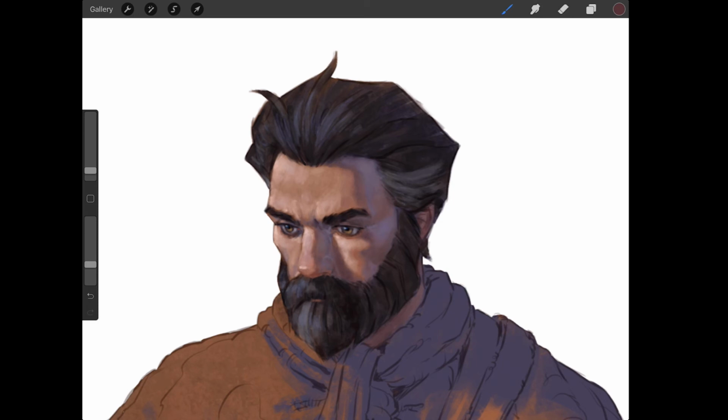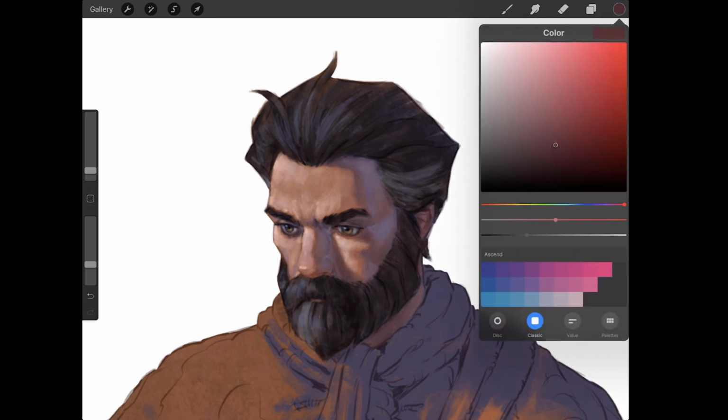Yeah, I'm just catching that cast shadow from the nose. I want to catch this one that would be cast across his cheek from the eye. I think that's about it as far as the cast shadows go. And then we're gonna play up a bit of the